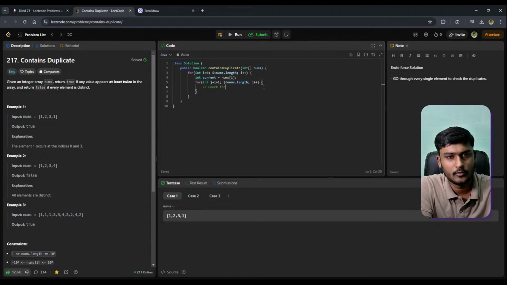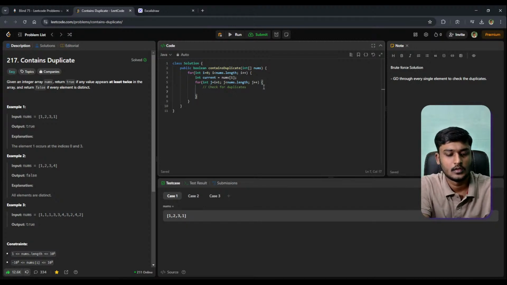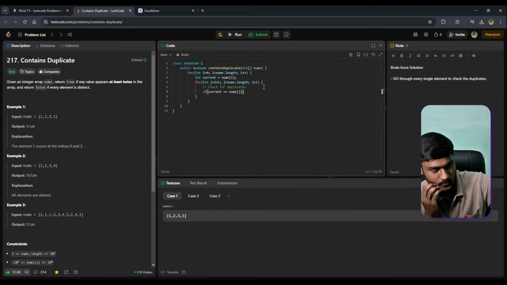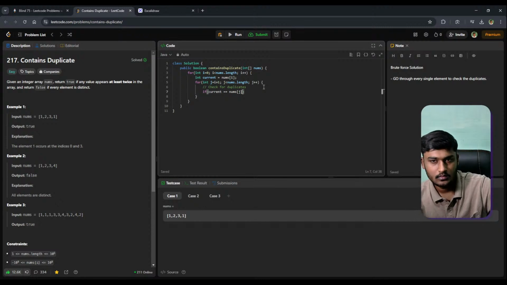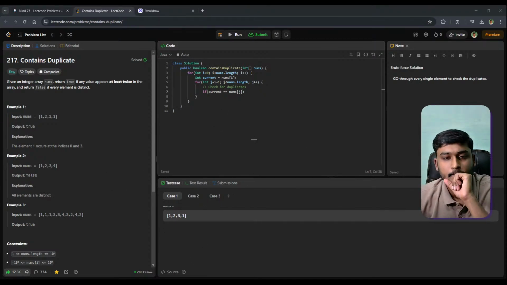I'll check for duplicates over here. Current, right? The current is compared with nums of j. Let's use another variable so that we can verbalize it more.